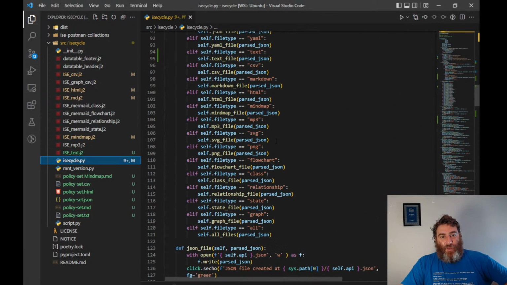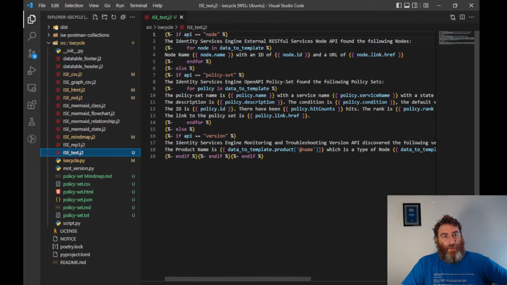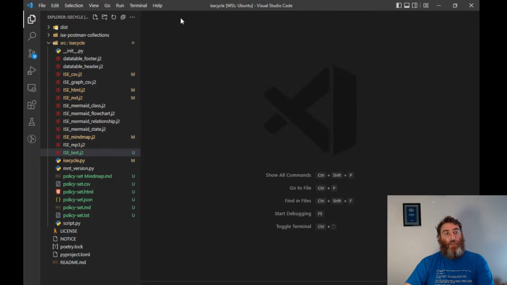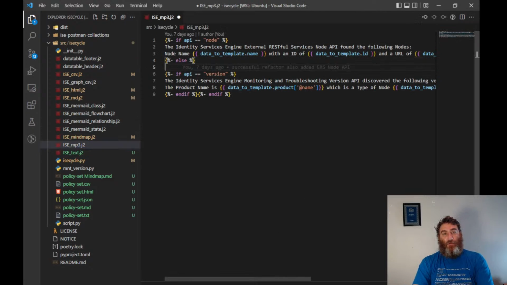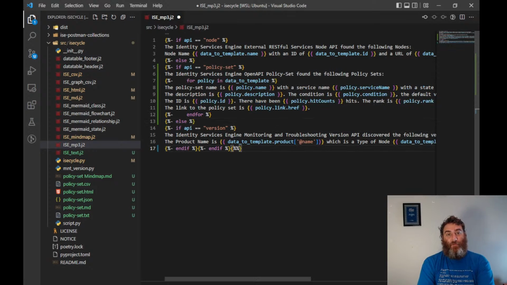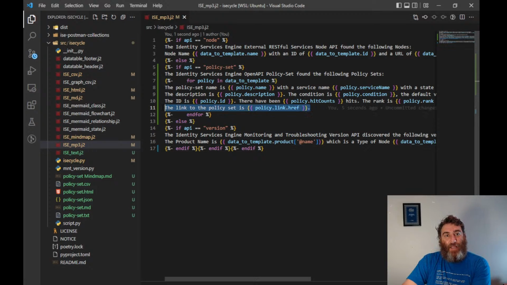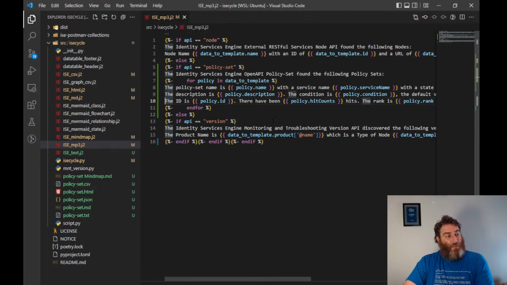So I think MP3 is next, and we're just going to take our text file and turn it into an MP3 since we already have the text. So let's go to our text file and take our if-else here, go into our MP3 file, add our end if, and that's really all we should have to do if we're happy with the text. So let's save this, and let's take out the URL. I don't know that having a link to the policy ref makes sense in an audio file. So let's save this,